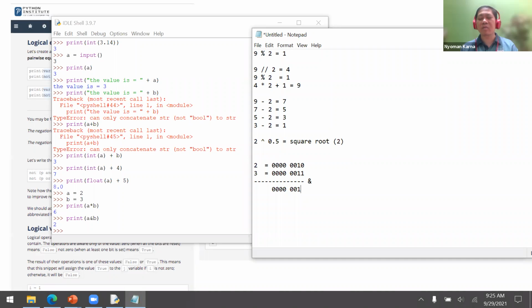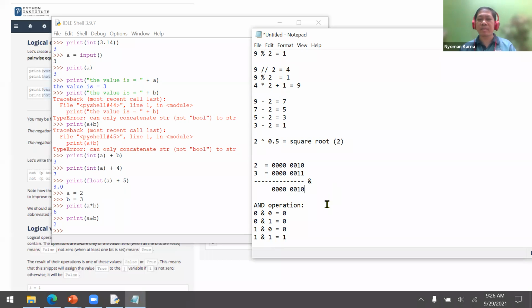0 and 1 is still 0. Remember, in AND, 0 and 0 equal 0, 0 and 1 equal 0, 1 and 0 equal 0, and 1 and 1 will result in 1.